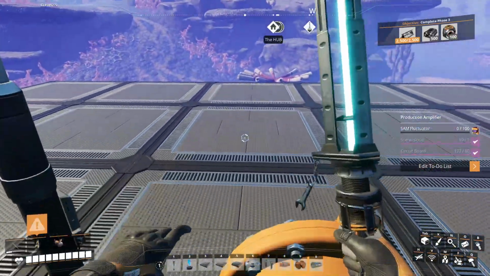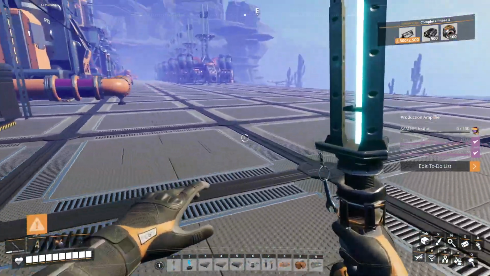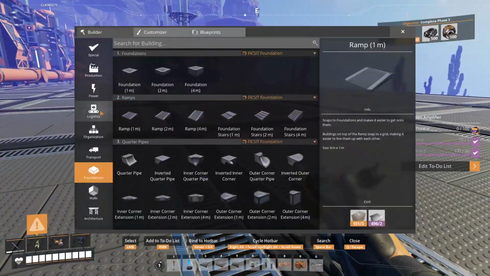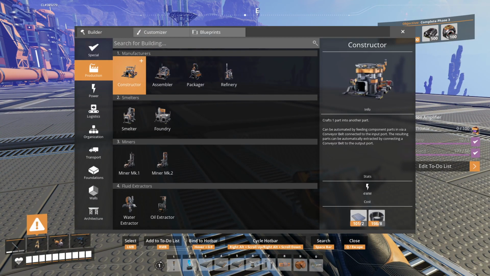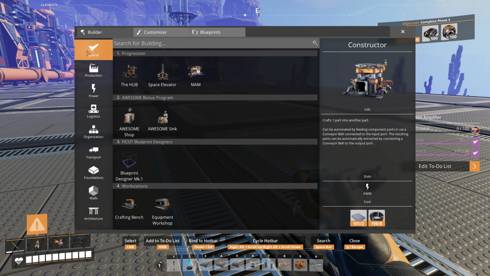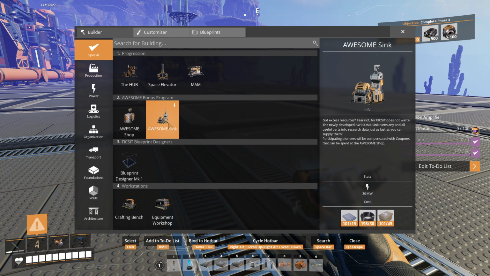What to do? So let's think about that for a moment. We can even work a little bit on it, right? I don't want much in production of fuel. So we need this sink. And sink takes as much as you put in, right? So